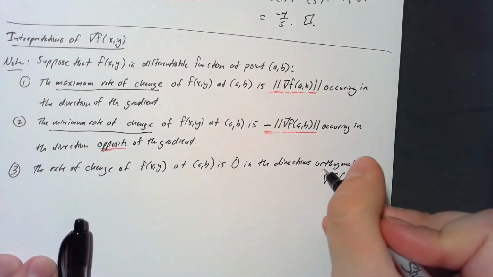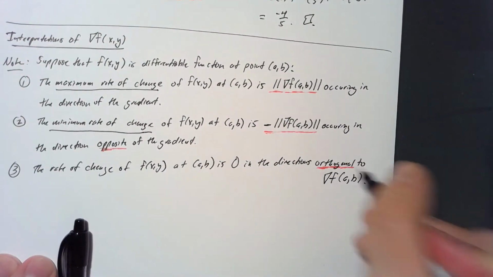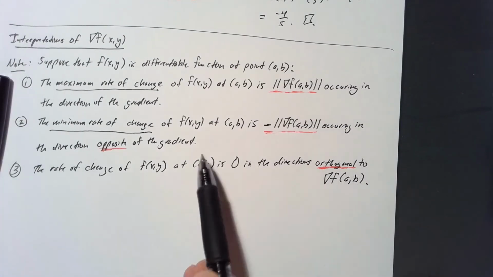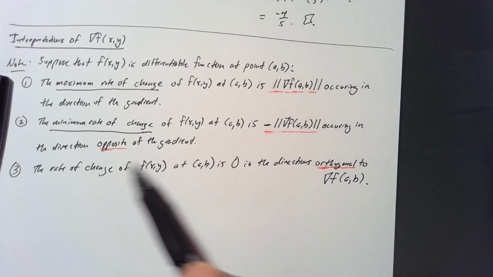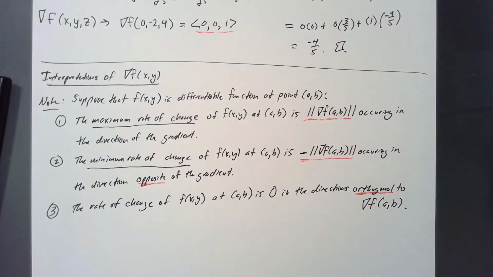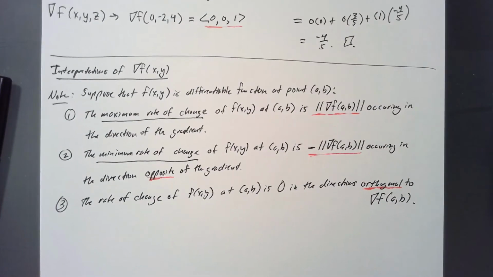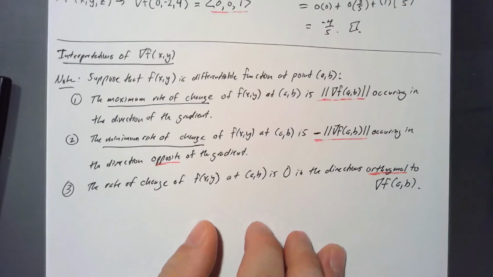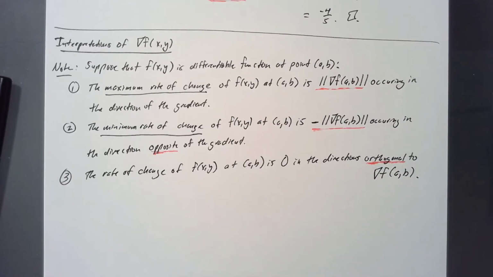So if you're perpendicular to the gradient at a particular point, then the rate of change is going to be 0, because the rate at which you're moving in a direction that's orthogonal to the gradient is going to be 0. So yeah,